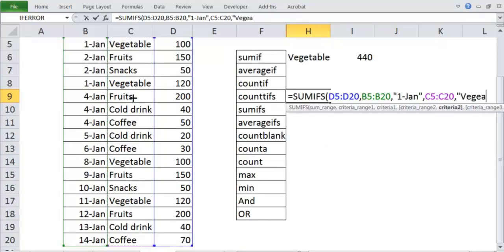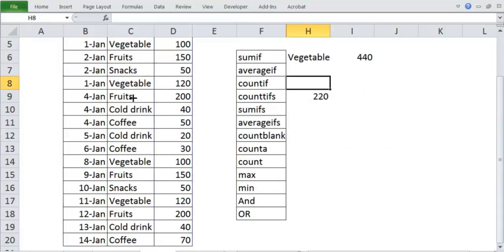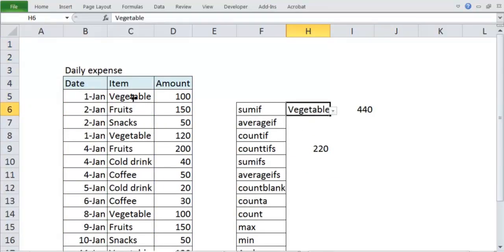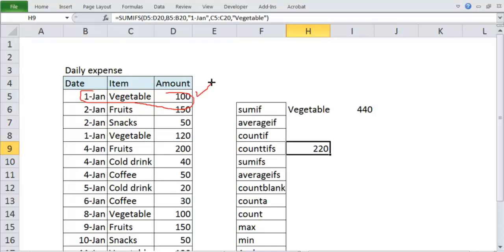So we can write vegetable and then close it. See this, we have got 220 as the value. Why 220? Because on 1st January you had 100 as a vegetable amount, and on another 1st January you had 120 as the vegetable amount. So this plus this is 220. This is the amount of money that you have spent on vegetable on 1st of January.